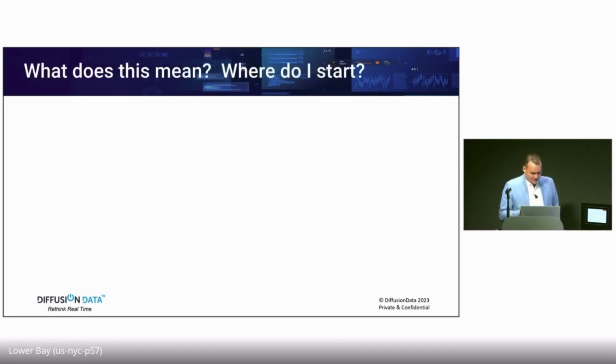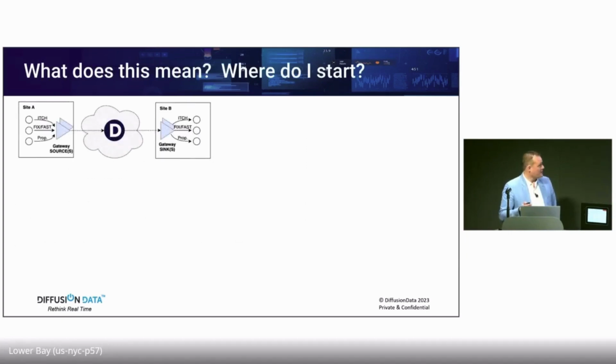So in terms of then really just wrapping up, I think, so what does this mean? Where do we start? So we've mentioned that we have a gateway framework which allows us to pull data from any source into Diffusion. We can make use of all of the features that we've mentioned around structuring the data, locking it down, making sure data does not flow to places that it should not go to, monitoring each individual user and so forth, and all this is about reducing the amount of data that needs to be transported across clouds, across regions and so forth.